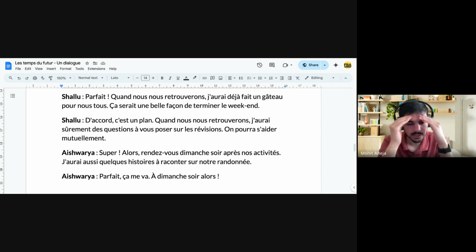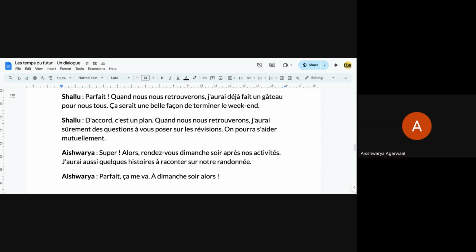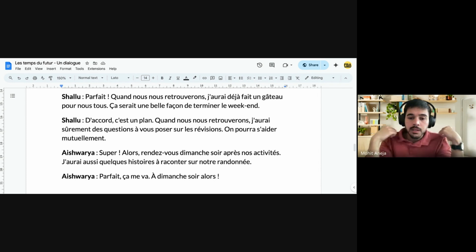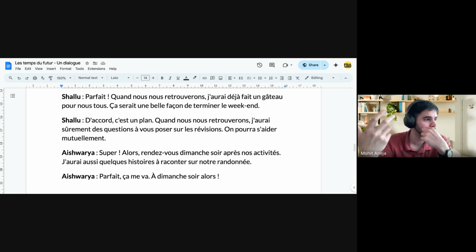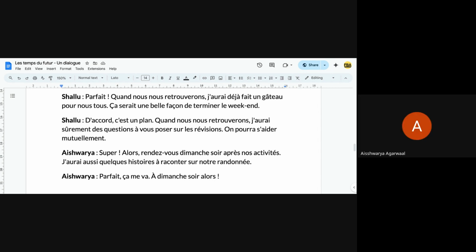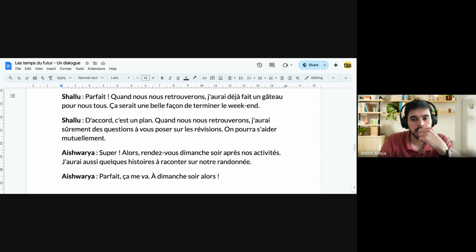If someone asks you, is it fine by you? Is it okay with you if I blah blah blah? Is it okay if we blah blah blah? Are you trying a new dress in the mall, or when you're buying something, Aishwarya? If you like something, you can say Ça me va. I like it, I'm liking it. Okay? If you are fine with anything, you say Ça me va. It goes by me, it goes with me, something like that, literally. But it means I'm fine with it. Okay? Yes. Très bien. Shalu, are you clear with this expression we discussed yesterday? Yes, sir.